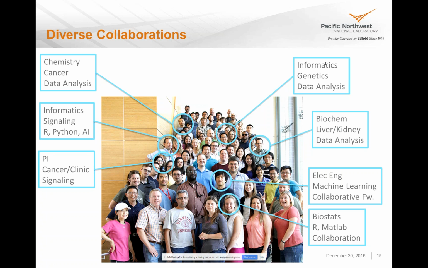And I'm an informatics and data analysis guy. Over here we have Karen, and she's a PI doing cancer signaling. So all of these people will have a different way that they want to interact with data. And our hope is to enable those many different roles and the different ways that they interact with it.